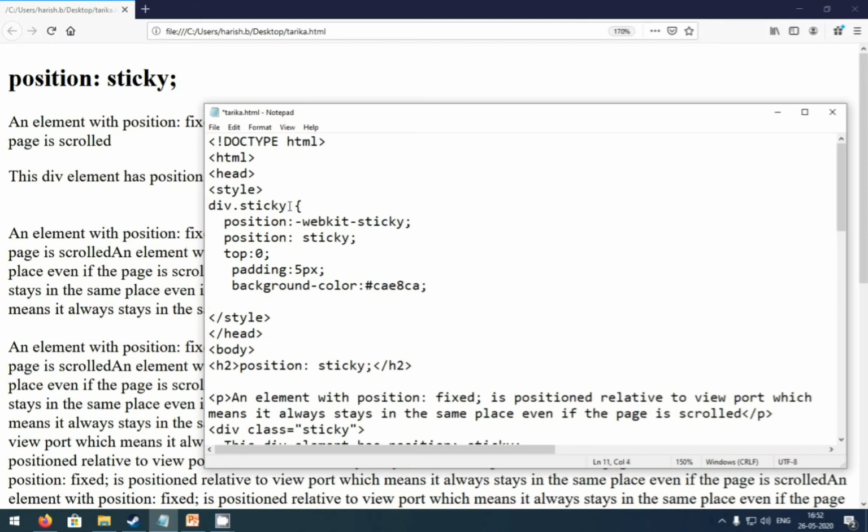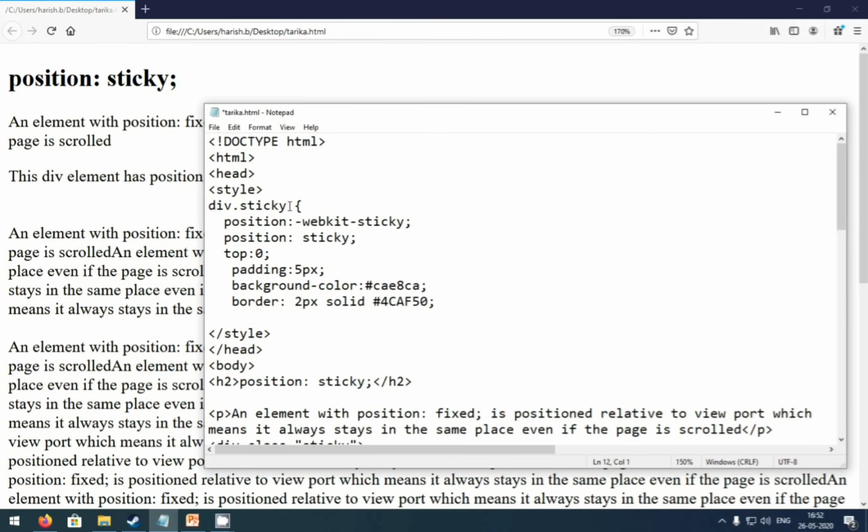After that background color, I'm going to add the border. Border is 2 pixel solid, hashtag, that will be a green, 4CAF50.